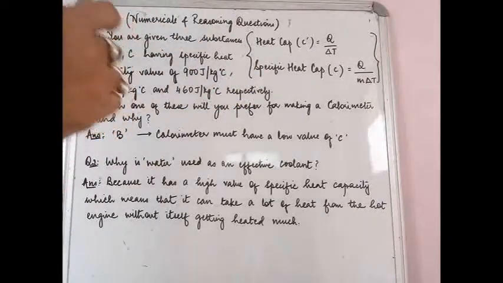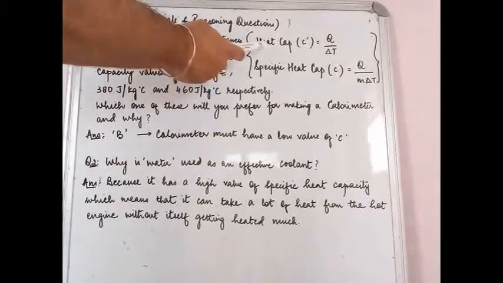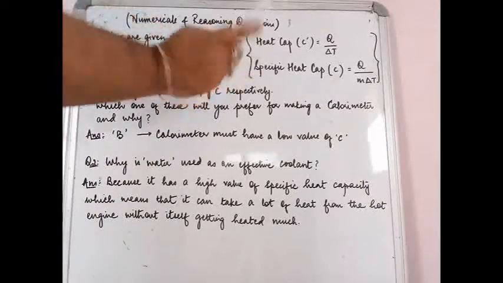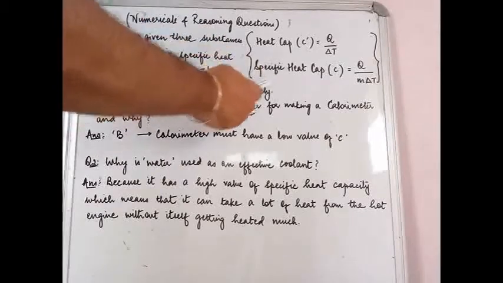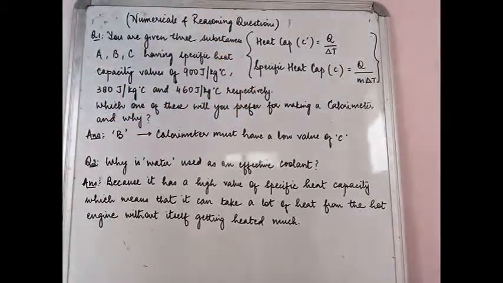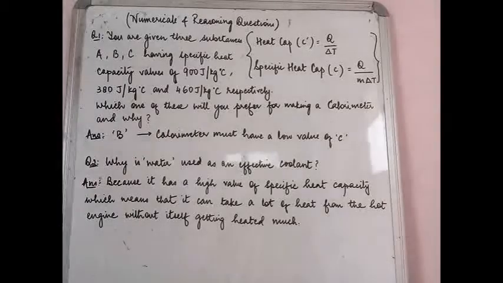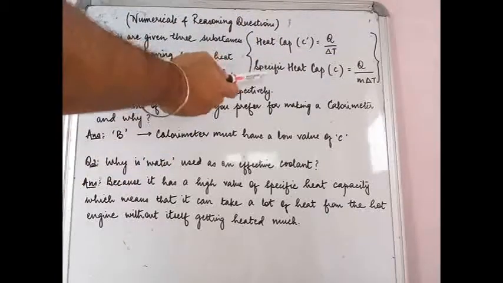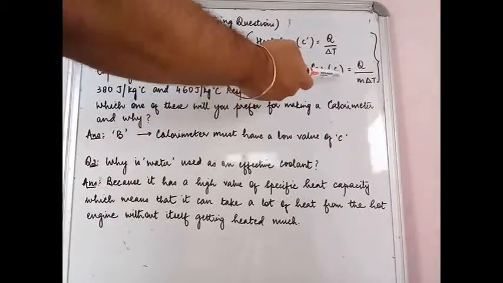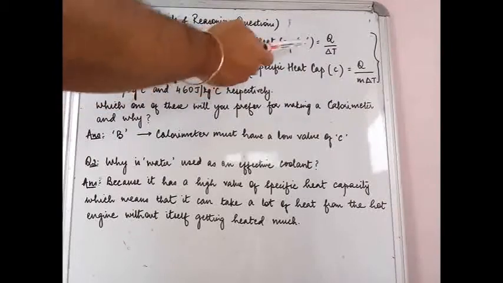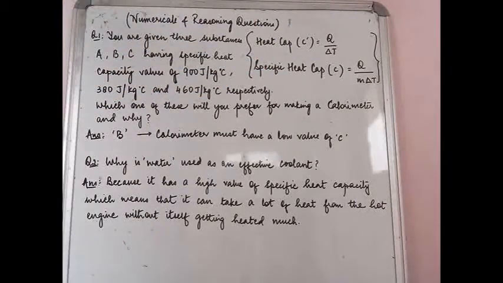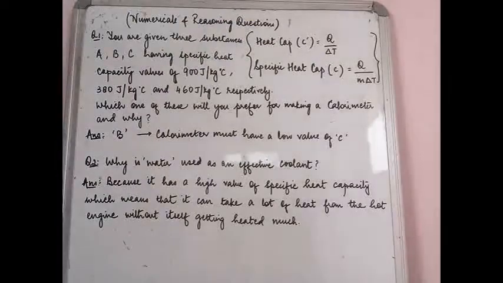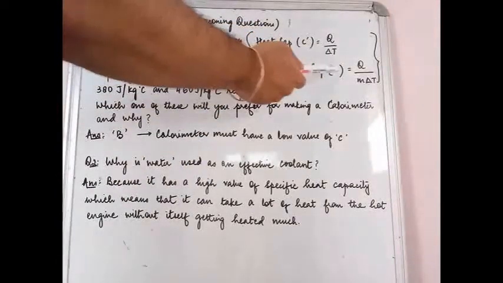Now what is the difference that you have understood? Between these two terms, the only difference is the word specific. Whenever the term specific comes, it means it is for a unit mass. It is always for 1 kg mass. Let us first have a look at the symbols that we use. Specific heat capacity we denote with a small c, and heat capacity we denote with a c with a dash at the top. So you can call it c dash and c.